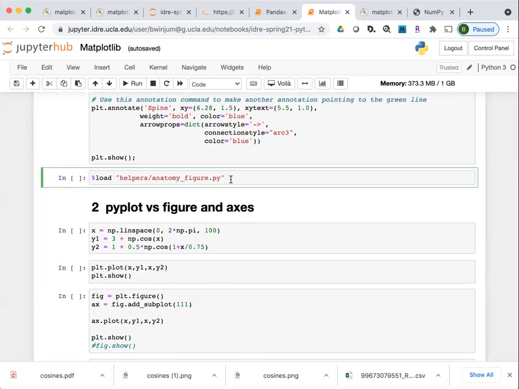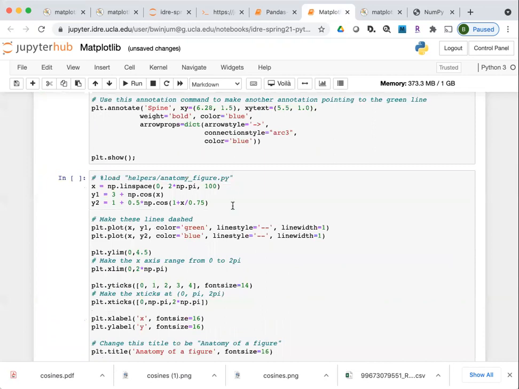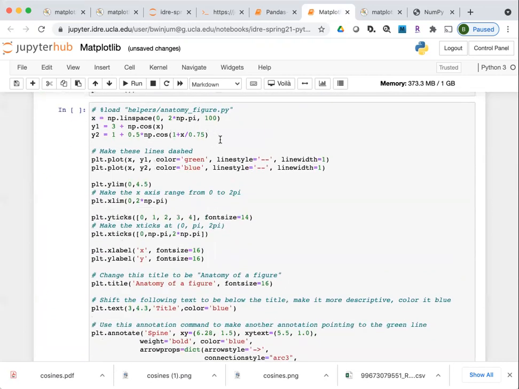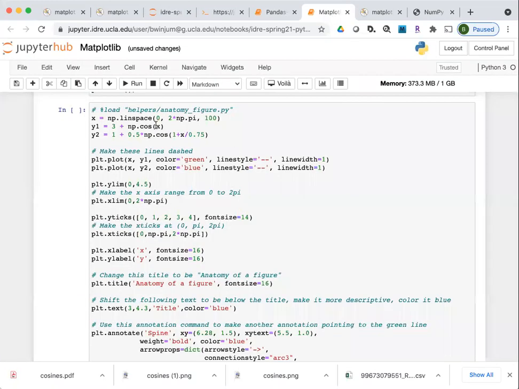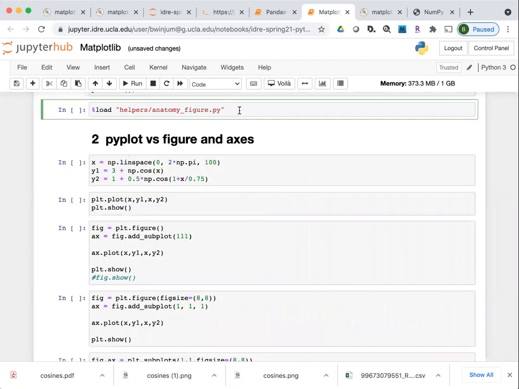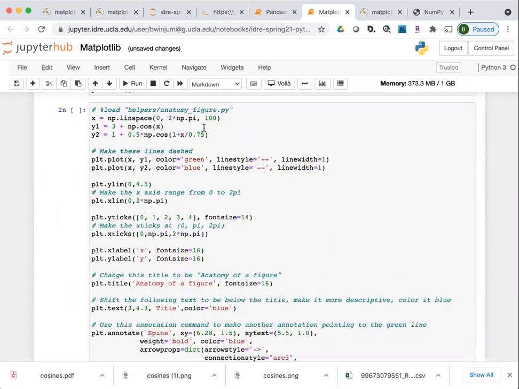So I put in a cell here, which if you execute, will load in the text from a file that I've included inside of the helpers folder. If you go to this helpers folder that I've included with your files, there are a variety that I'm going to load in with some of these exercises. If you simply execute that cell, let me show you again what I did. These ones with the %load, this is a Python magic command, which will load in the text into your cell from this particular file. So when I execute that, it loads in the text from that file.